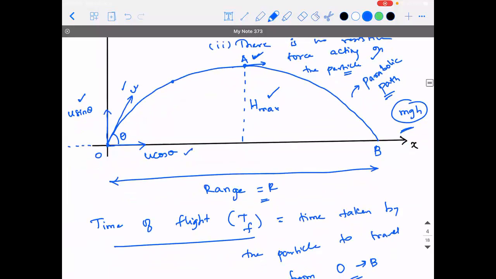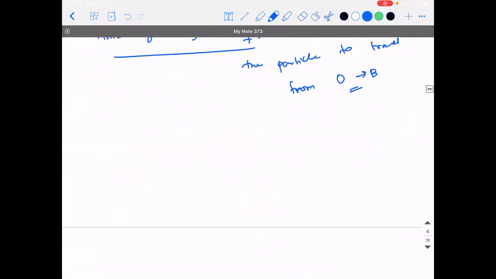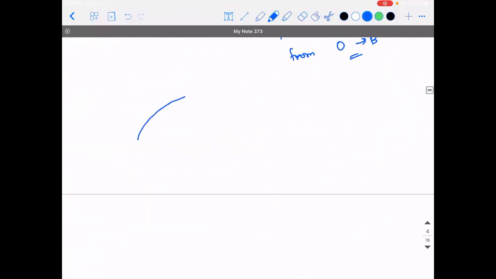Okay. Now see. If I take a small curvature of this motion, and if I say the mass of this object is m, then what is the only force trying to pull the object? This only concept which I'm taking now, we know that F is equal to ma, Newton's second law. Right. So if the object is traveling under the influence of gravity, instead of acceleration, can I write it as mg?